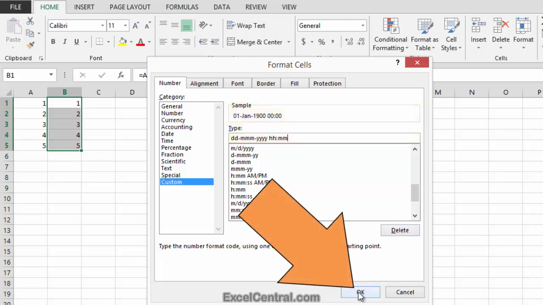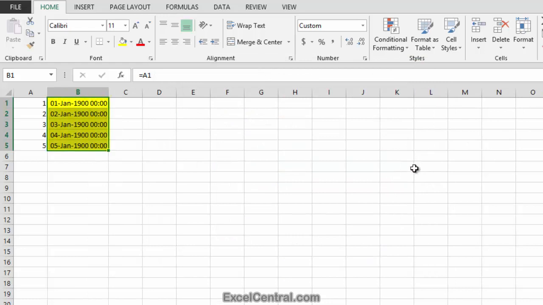So I can click OK, and all of the cells in column B now have a 4-digit year and a 24-hour clock time. I can see also that the numbers 1, 2, 3, 4, 5, as expected, relate to the date serial numbers for the 1st of January 1900 to the 5th of January 1900.